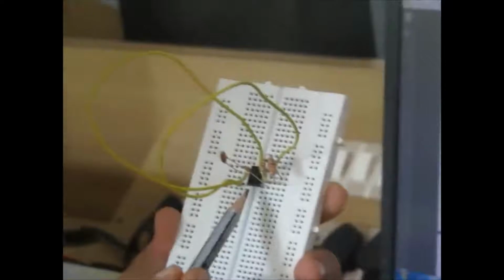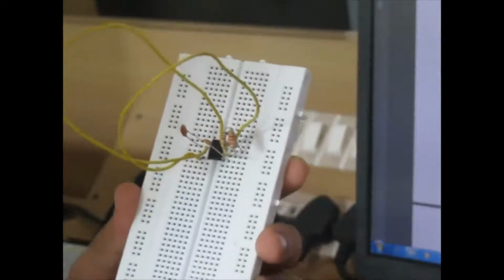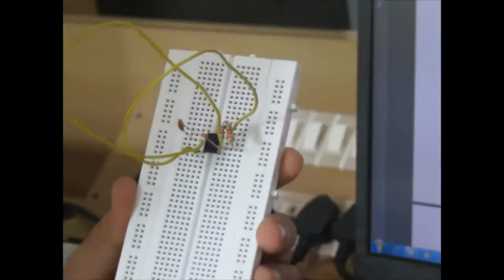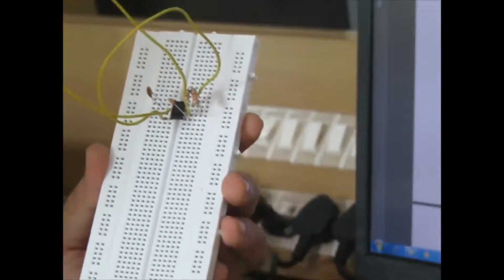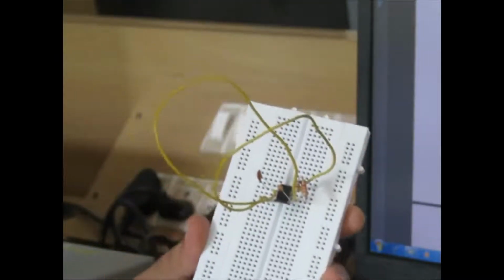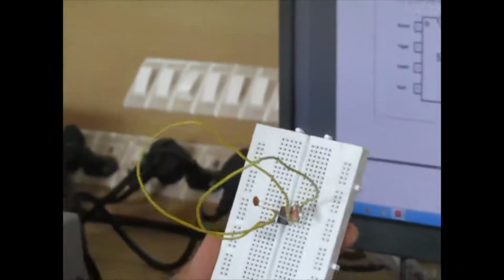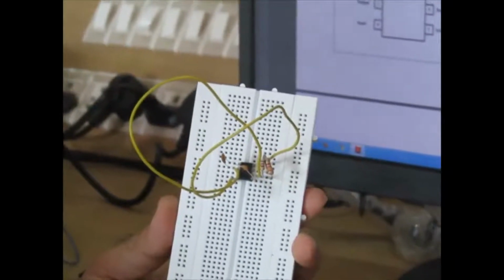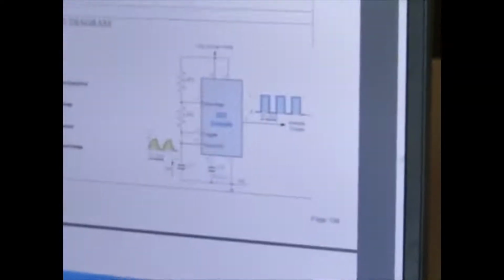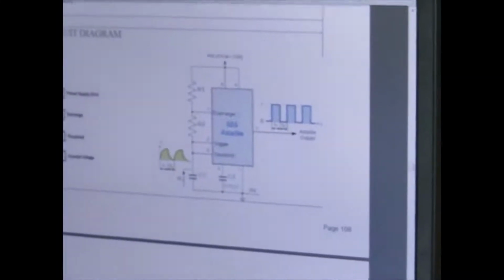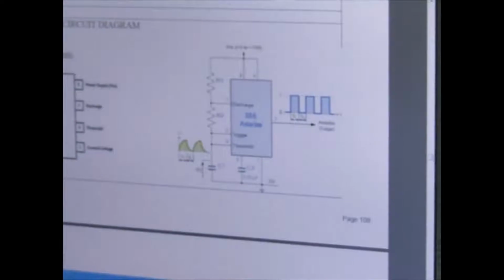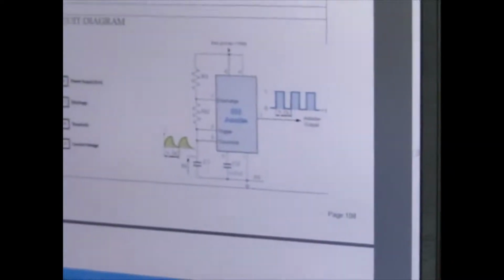Fine. You have to be careful that a particular leg of the capacitor should not touch any of the pins of the 555 IC. Right. The next one. Do we have any other kind of connections? No. The next one is we have to apply the potential. Next we have to take the output from pin number 3 and see the capacitor charging and discharging from either pin number 2 or pin number 6. So we will see that one.